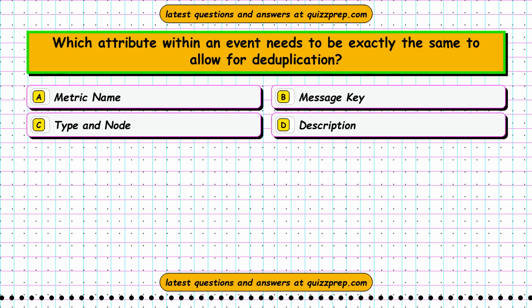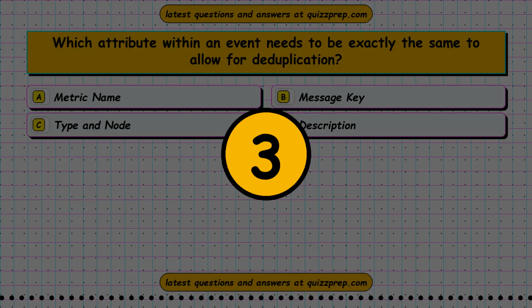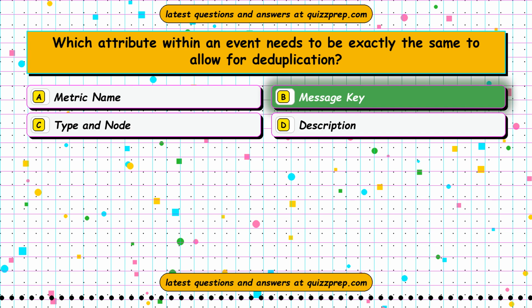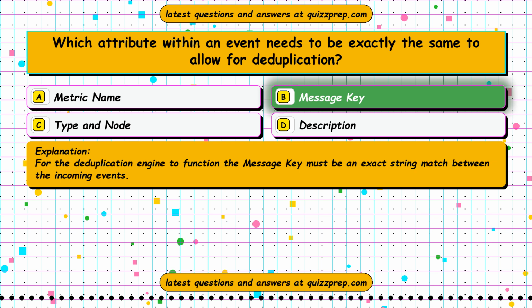Question 30. Which attribute within an event needs to be exactly the same to allow for deduplication? Option A, metric name. Option B, message key. Option C, type and node. Option D, description. The correct answer is option B, message key. For the deduplication engine to function, the message key must be an exact string match between the incoming